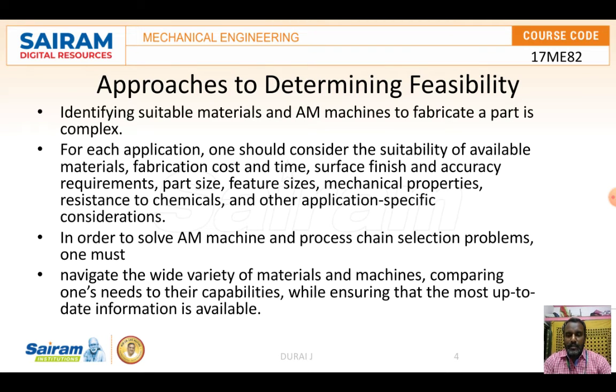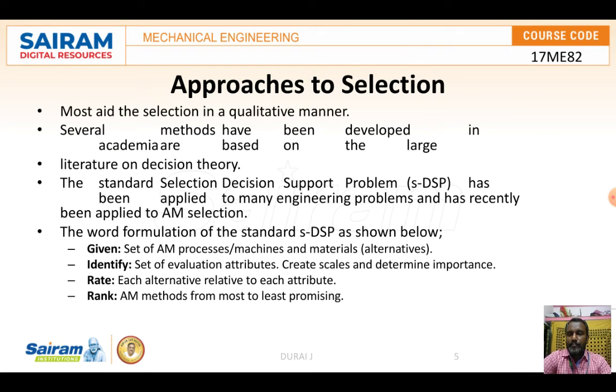Then requirements: part size, feature size, the mechanical properties like strength, toughness, hardness, the resistance to chemicals, meaning it does not react with the chemicals, and other application-specific considerations. And in order to solve the additive manufacturing machine and process chain selection problems, one must navigate the wide variety of materials and machines, comparing one's needs with their capabilities while ensuring the most up to date information is available.